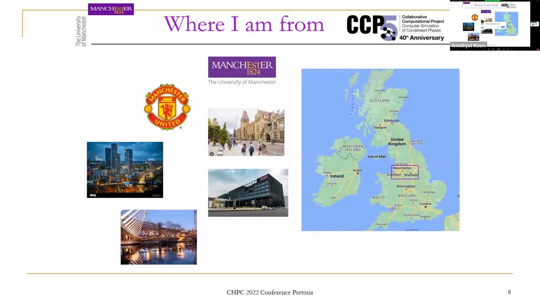So here is Manchester, a city in the north of England. Here is London. And our university probably is the largest in the UK in terms of number of undergraduates, and is what we call a city university. So we have a very large campus, which is very close to the city center. The campus has buildings typical of English universities, but also very large new ones. This is, for example, the engineering building that has just been opened this August.